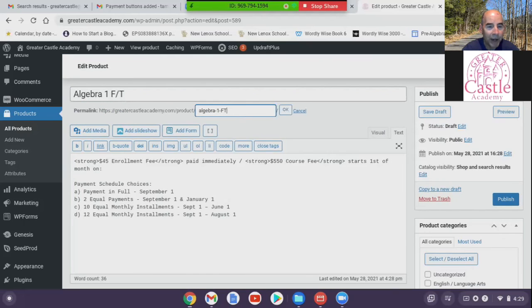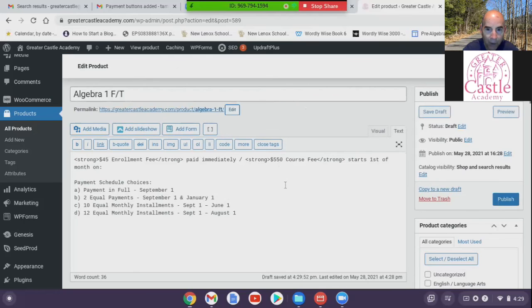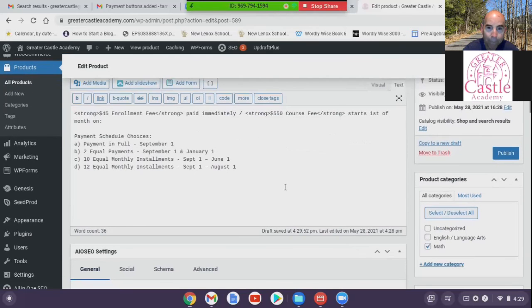Okay. So now just in this top area, just change the, I guess enrollment's the same, but it's just the course fee. Okay, and that's it for this. So now you can actually, since it's just that one thing, now scroll